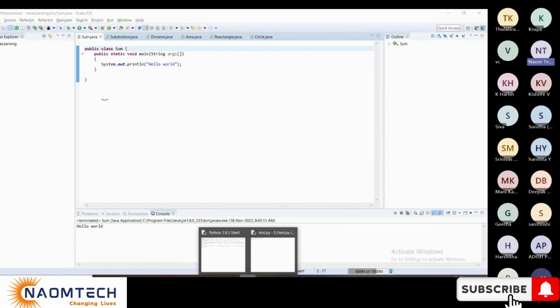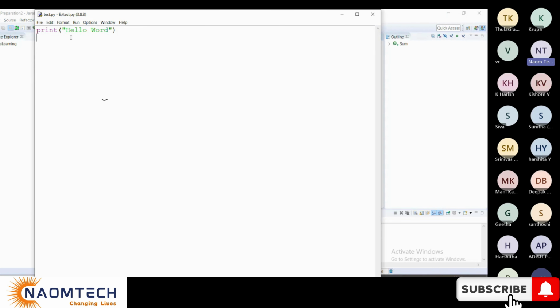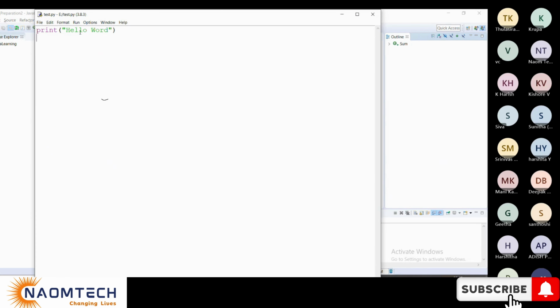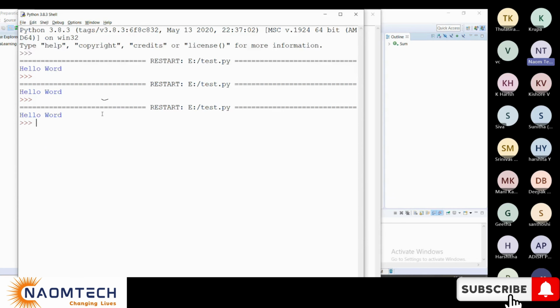This is the size of Java, and do you want to see the size of Python? Let me show you. Your Python program is this, that's all. Just a print. You don't need to understand anything here. So this is actually Python IDLE, and I'm just printing the same hello world. You see the difference between the Java program and the Python program. Here we just had one line. If you want to run this, let me run and show you. We have hello world again here.